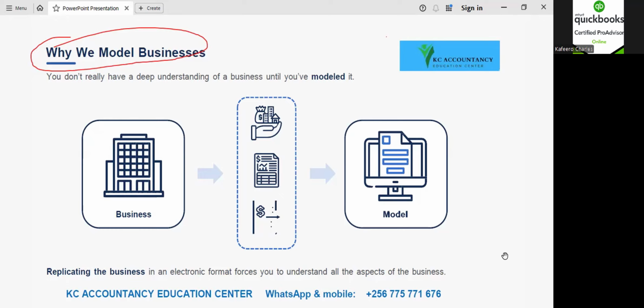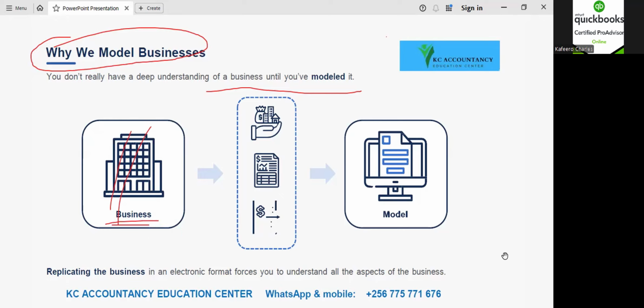In other words, the only way for you to understand the business is when you have modeled it. So we start by understanding the business,